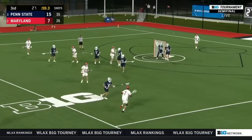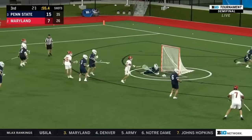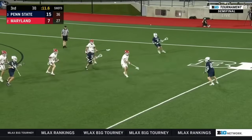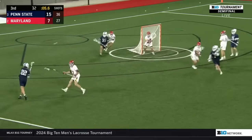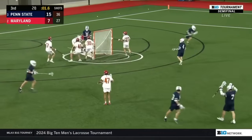27 on the shot clock. Spanos picked up on the outside by Ross. Keep it hot there. That's a sidewinder that misses. Such great sticks. They move the ball fast. When you talk to Jeff Tambroni, he used the word elite a lot. Elite passer, elite shooter. This one bounces off the...